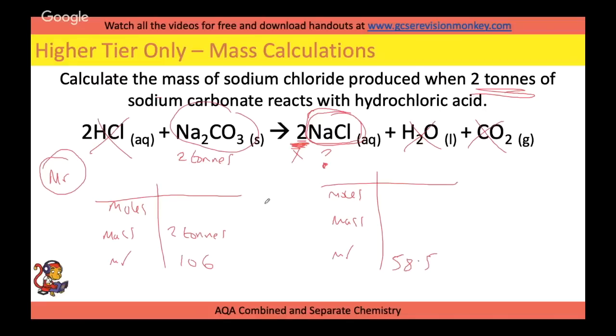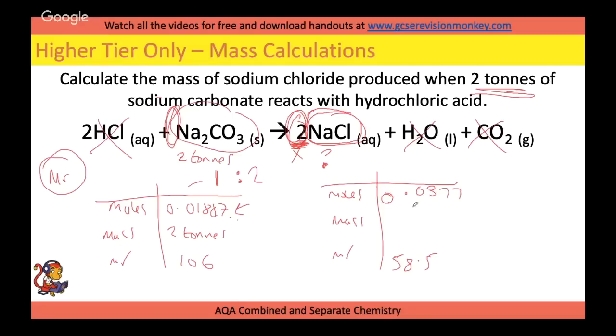So the one thing that I can work out, that's everything that I've got first of all. The one thing I can work out is this bit, the moles. So moles equals mass over MR. So 2 divided by 106 will give us 0.01887. This is where these numbers come important, the ratio of moles. The ratio of moles here is 1 sodium carbonate to 2 sodium chloride. So when we convert the moles over here, we need to double up because we've got a ratio of 1 to 2. So doubling this will give us